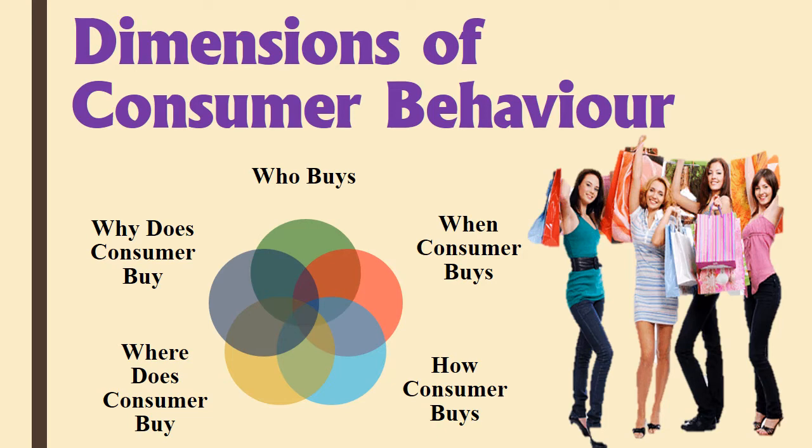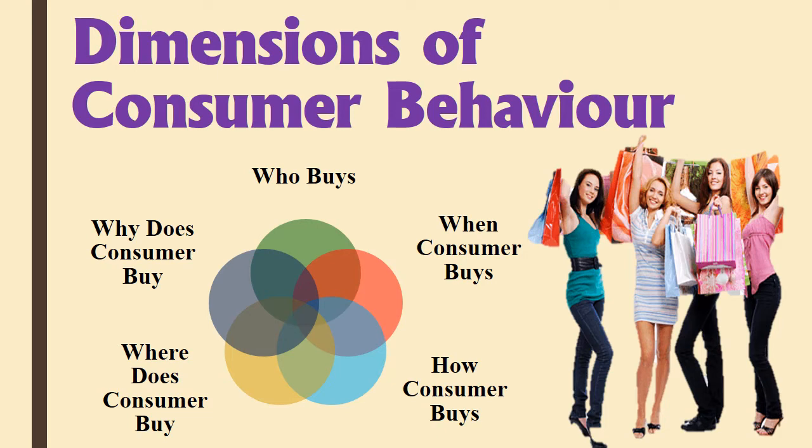Next comes how consumers buy. It refers to the buying habits of consumers. Some consumers buy things in cash, while some use the credit card, and some use the EMI system. If the number of persons who buy the products on credit is large, then the marketing people should launch attractive credit card schemes. Similarly, some customers prefer to buy packed goods rather than unpacked products. So it's the responsibility of the marketers or the people who are planning the advertising or marketing strategies to understand how